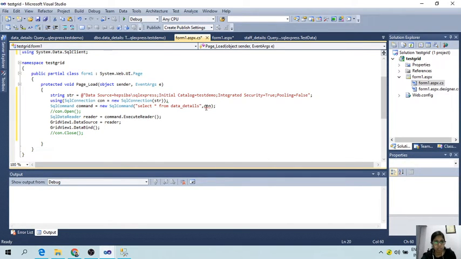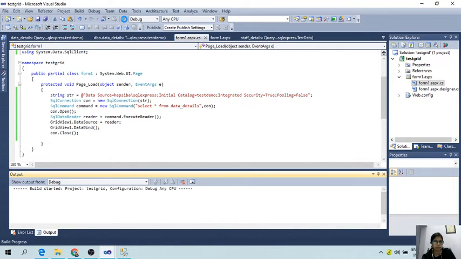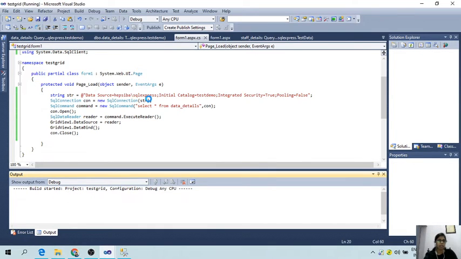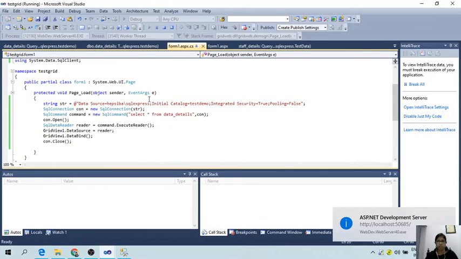The Con object is not getting identified, so I'll not use it presently. Later I'll use this. Okay, now hope this will run. I'm debugging the program and I'm trying to execute this to get the information